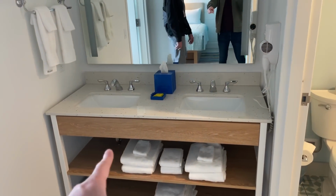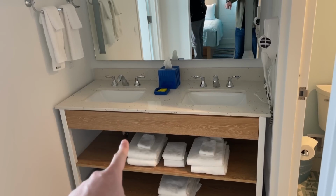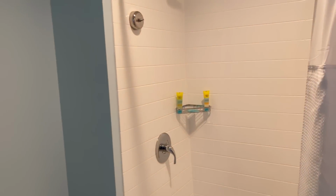And then we have the double sinks, which is nice. It's different from the standard room that just has the one sink. Plenty of towels and all that fun stuff. It comes with a tissue box. And this is what the